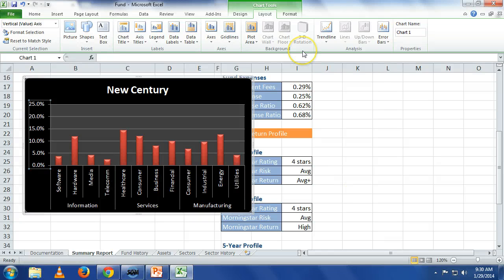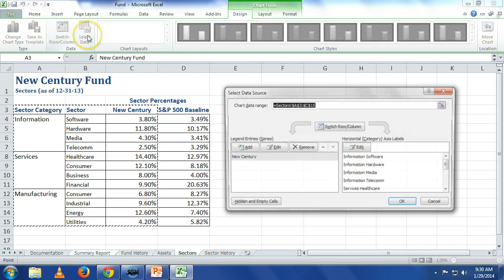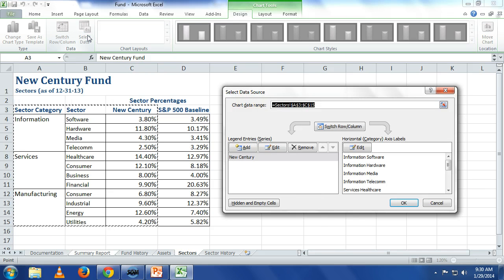So let's go up to design, and we're going to go up to select data. We haven't seen this interface yet. And we have one series, the new entry series. Let's add in